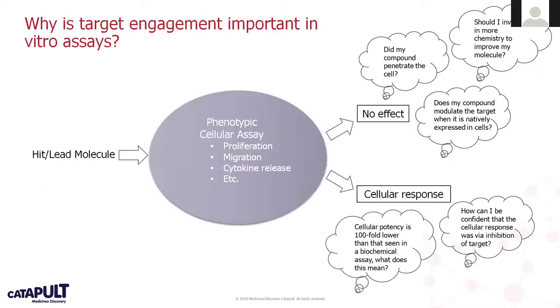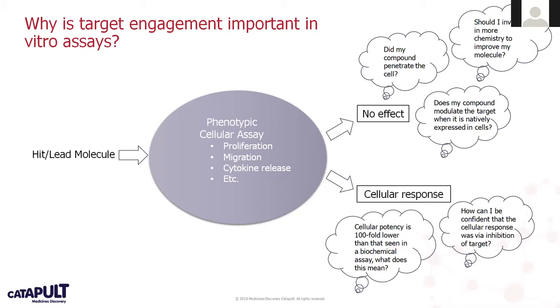If we look at an in vitro cascade, like an early discovery cascade, we have a hit or a lead molecule that we're bringing forward to a cellular assay, a phenotypic assay that represents some aspect of the disease biology. If we're unfortunate, we might see no effect of that compound. We'd immediately start to wonder questions such as, did the compound actually get inside the cells? Or if it does, is the target in this context somehow different than in previous assays? And do I need a better molecule